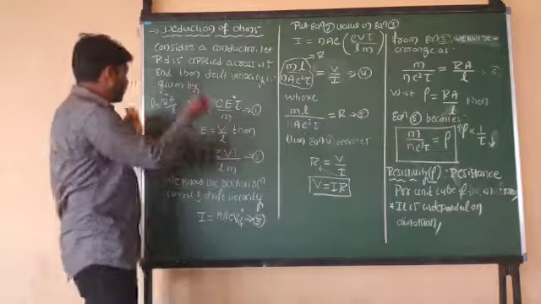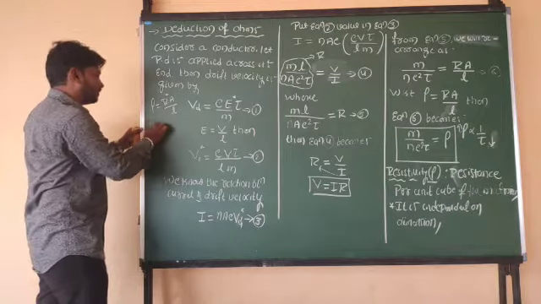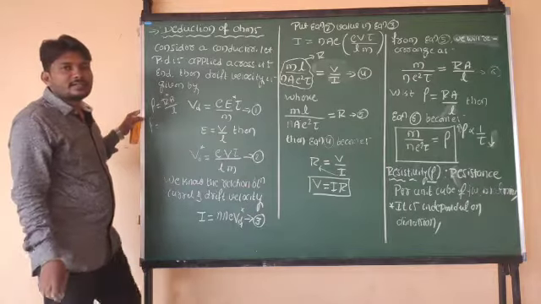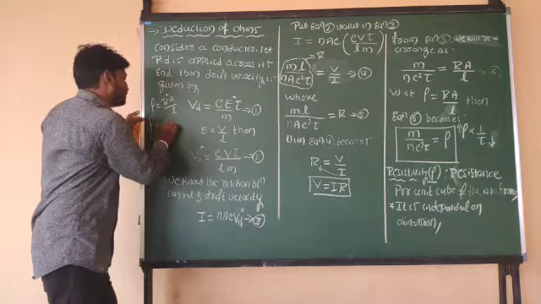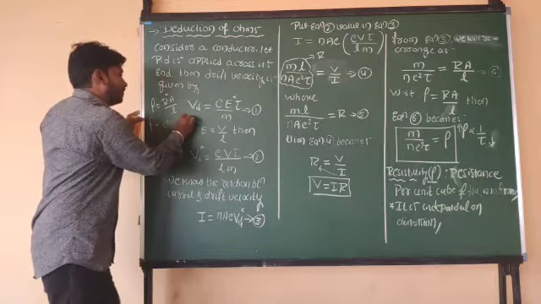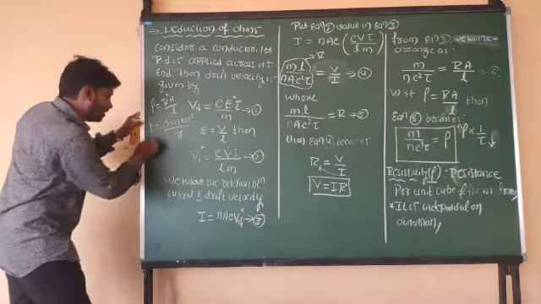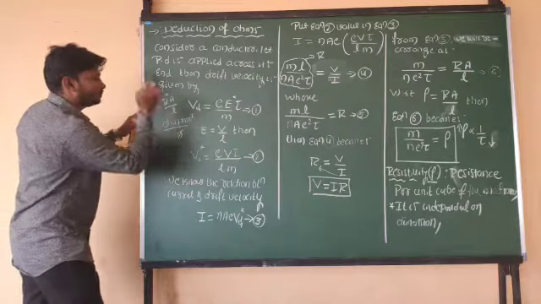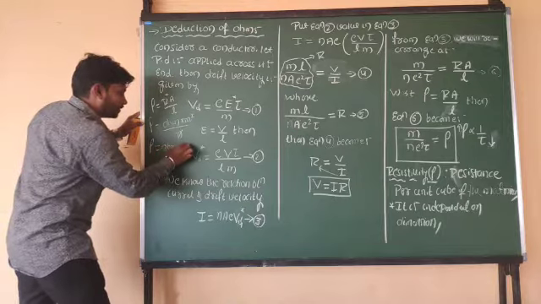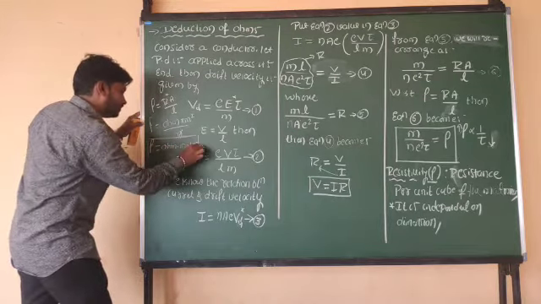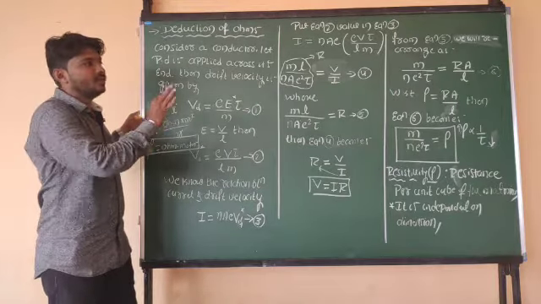So is it right? Now I can write the SI unit for resistivity. Resistivity rho is equal to R A by L. What is the SI unit of resistance? Resistance is measured in ohm. Ohm into area, meter square, divided by length, meter; one meter term gets cancelled out. Resistivity is equal to ohm meter. So what is the SI unit of resistivity? Ohm meter. The SI unit for resistivity is ohm meter. Hope you understand these points.